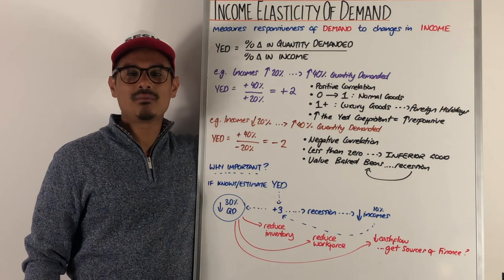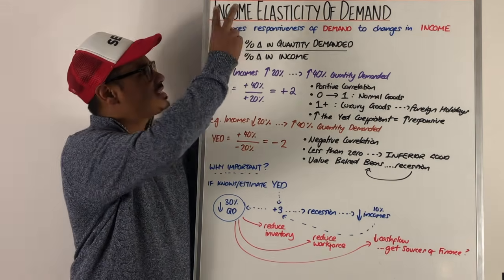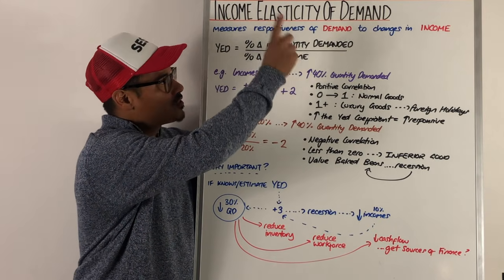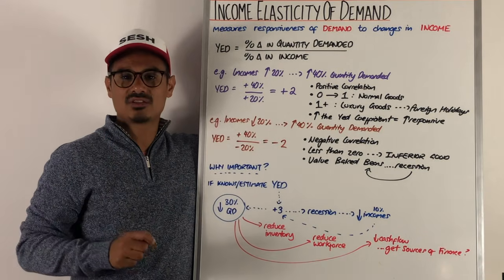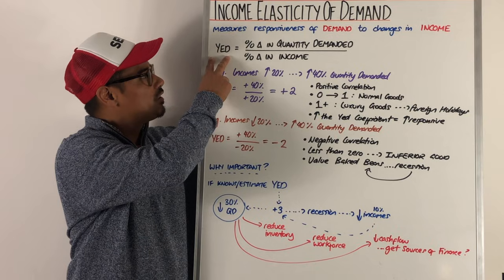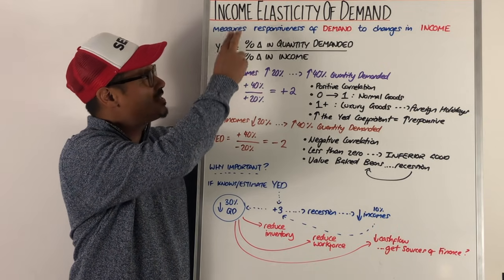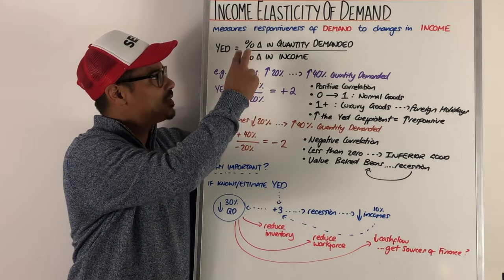Let's have a session on income elasticity of demand, sometimes referred to as YED. So this essentially measures the responsiveness of demand to changes in income. Income this time, not price, as it would be in price elasticity of demand. The formula for YED, income elasticity of demand, is percentage change in quantity demanded divided by percentage change